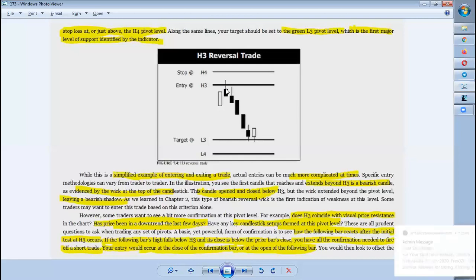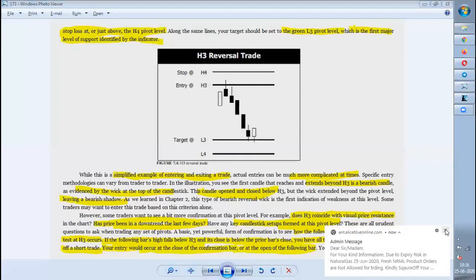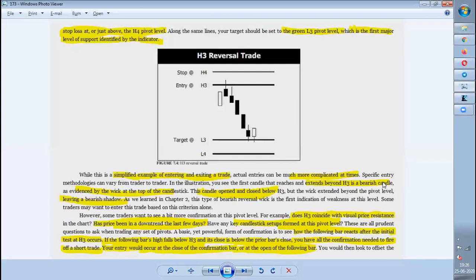Now this is a very, very simplified example, without much complex situations, but there can be some questions arising, such as whether H3 is going to be the price action resistance, or whether this can be taken when it is in a downtrend, or when a lower value CPR is there, or how to find the candle setups and all those things. All these things will be covered slowly, and these questions were also asked in this content. So you guys might have some questions also.